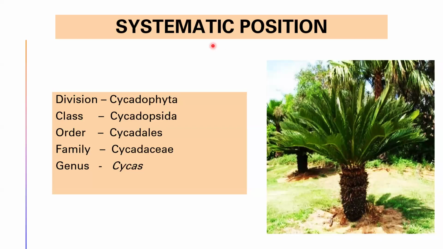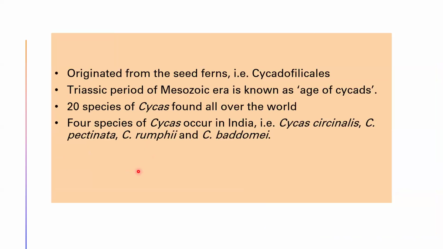The systematic position of Cycas is: it belongs to division Cycadophyta, class Cycadopsida, order Cycadales, family Cycadaceae, and finally genus Cycas. There are 20 species present all over the world. It belongs to